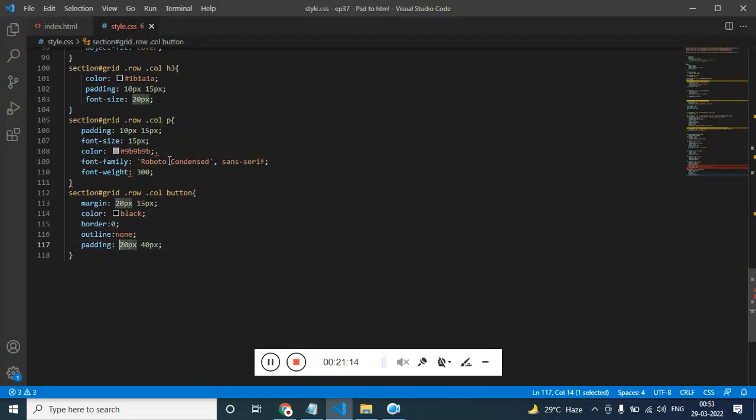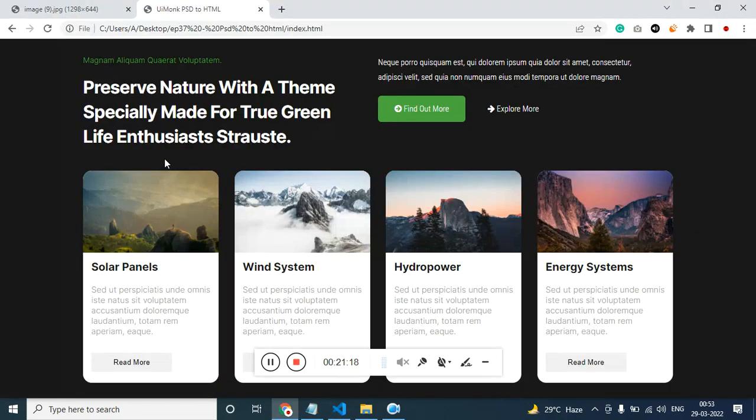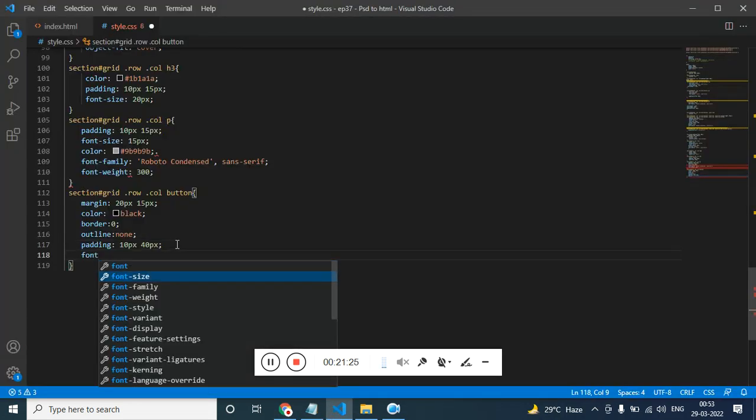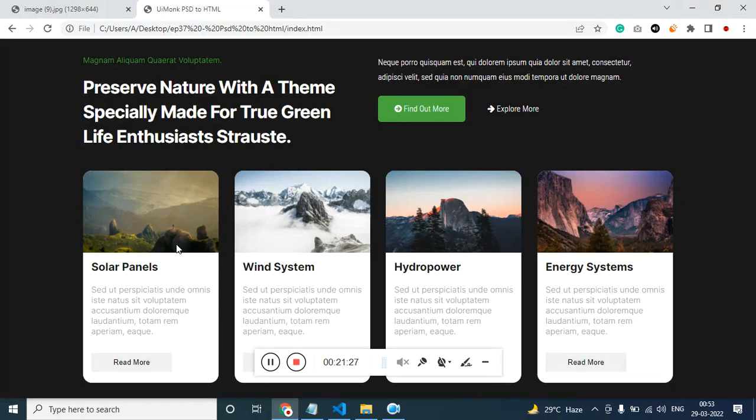You can make this top bottom 10 pixel, font weight 700,